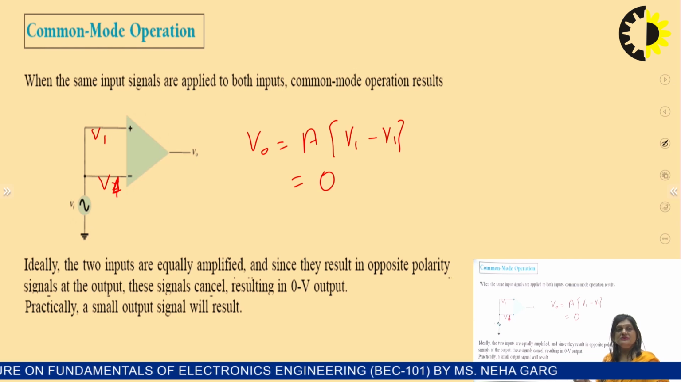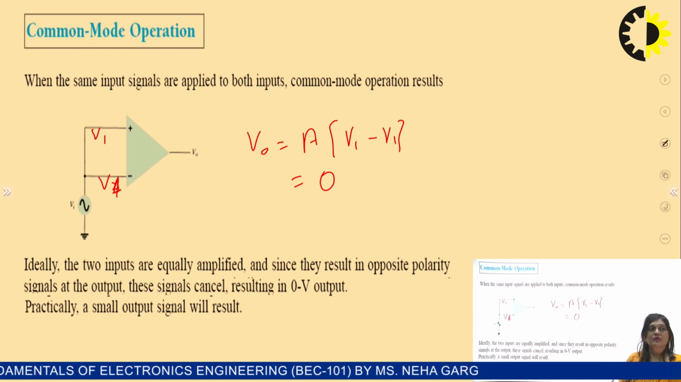But this is not the case. This is the case only with the ideal op-amp. And in case of the ideal op-amp, if we apply both inputs the same, V1 and V2, then output will be 0. But due to the mismatch of the transistors, like we have